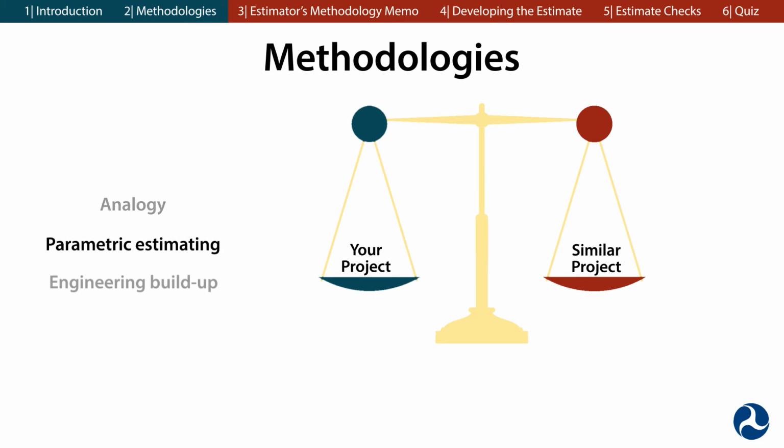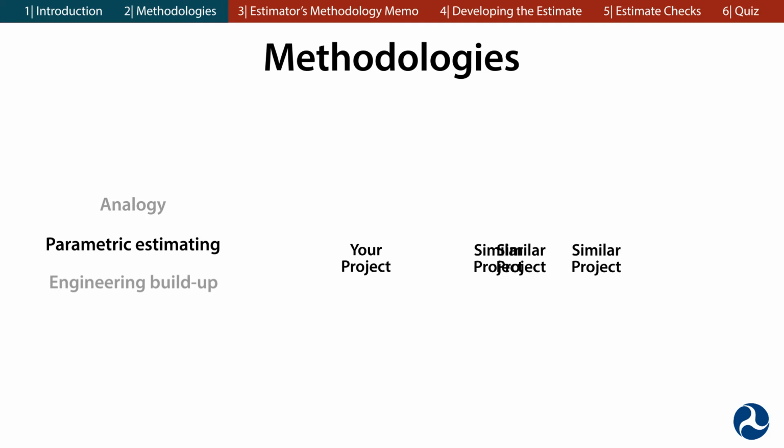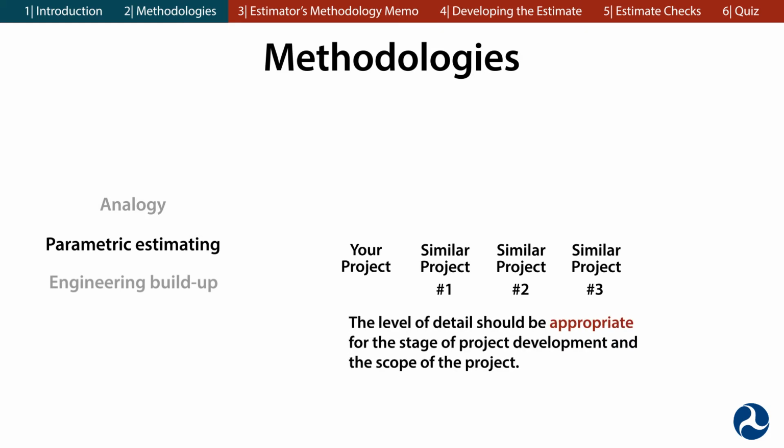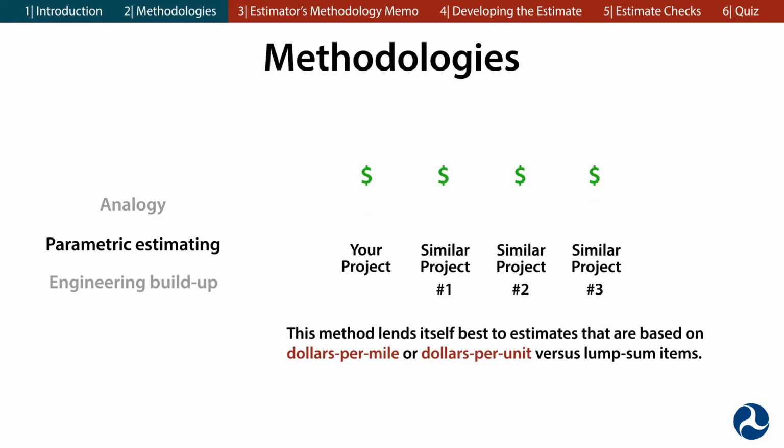The parametric estimating method is similar to the analogy method, but instead of comparing costs to one similar project, this method compares actual costs from a number of similar projects. Cost comparisons should be logical, credible, and acceptable to a reasonable person. The level of detail should be appropriate for the stage of project development that you're in and the scope of the project. This method is somewhat more complex because rather than comparing to only one other project, you'll evaluate costs from multiple projects to be able to develop accurate costs for your estimate. This method lends itself best to estimates that are based on dollars per mile or dollars per unit versus lump